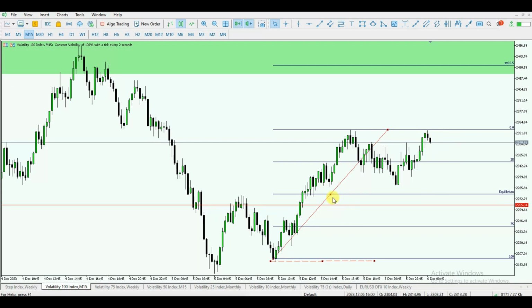Price can come and sweep this internal liquidity. And should price not take this high, and then it comes down below this equilibrium level into this fair value gap resting in here, we have very good trade entries. So you frame your setups around this area,